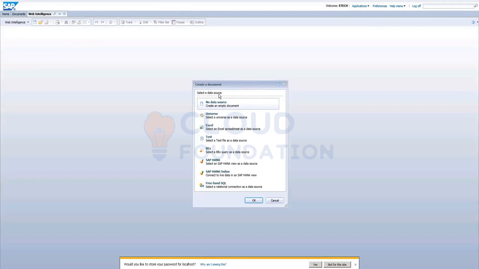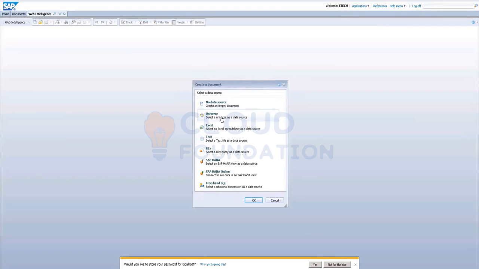Here it is asking us to select a data source. These are the possible data sources which Web Intelligence supports. The first is No data source. To create a template, we can use this. It will create an empty document with some template formatting, header, footer and all. If you want, you can use it, but we will not use it that much.